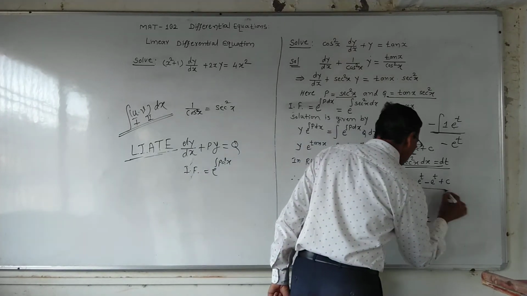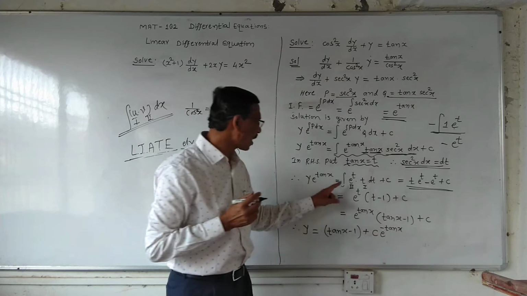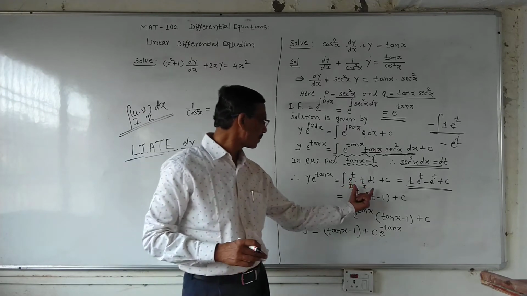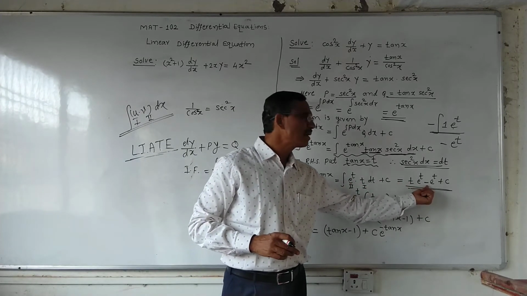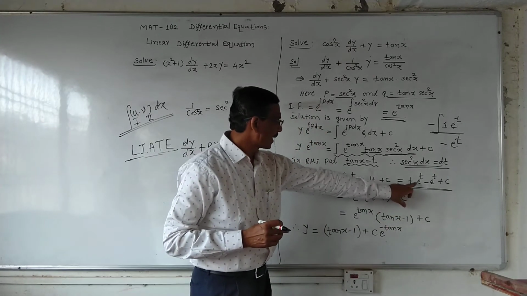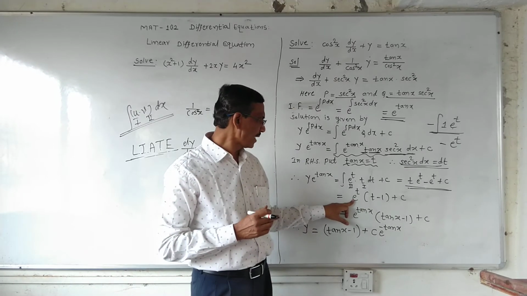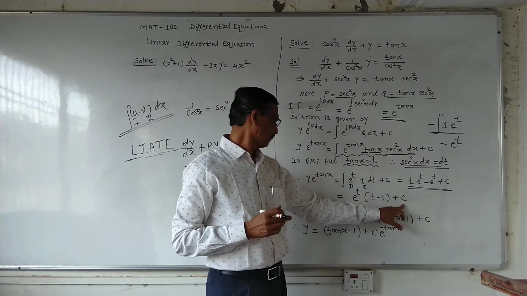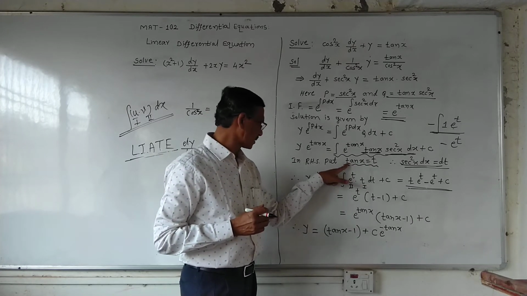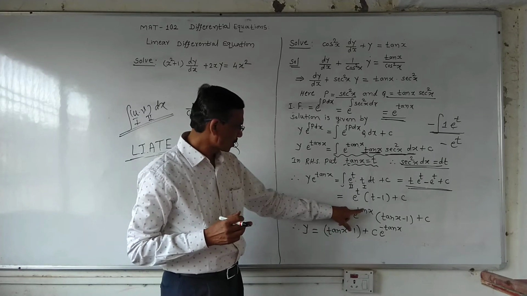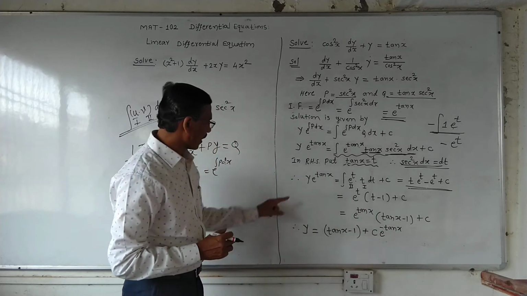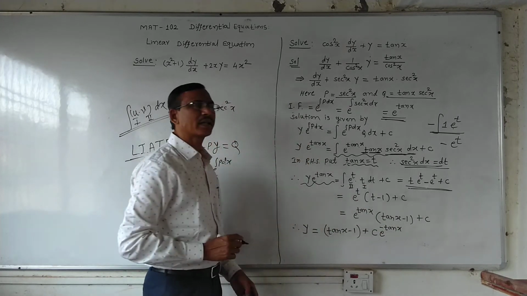Now this is a solution by formula, and this method is called integrating by parts. Means integrating by parts, we get t e raised to t minus e raised to t plus c. From this we can take e raised to t common, then what remains? t minus 1 plus c. Now we can substitute the value of t. Value of t is tan x, and therefore it will become e raised to tan x into tan x minus 1 plus c. What is the left hand side? y into e raised to tan x.